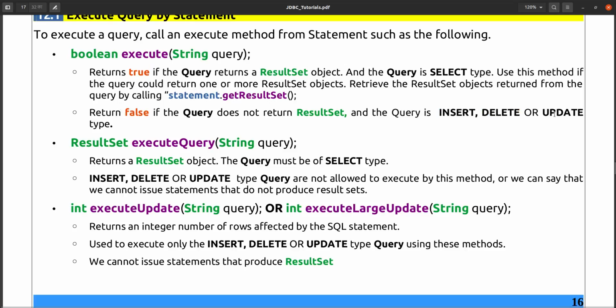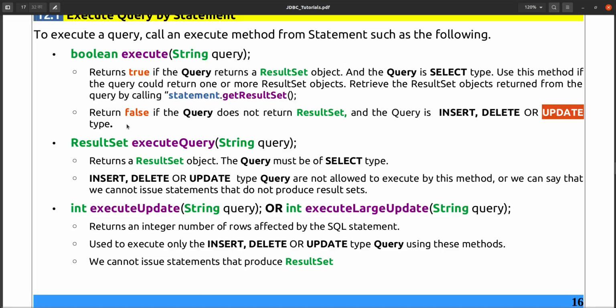an insert, delete or update query is executed. If a select query is executed, then it returns true and a result set is present, so you can get the result set. And if the flag is false, in that case it is understood that an insert, delete or update type query is executed.